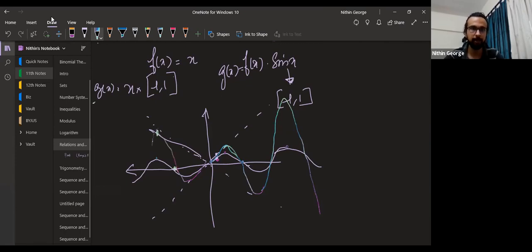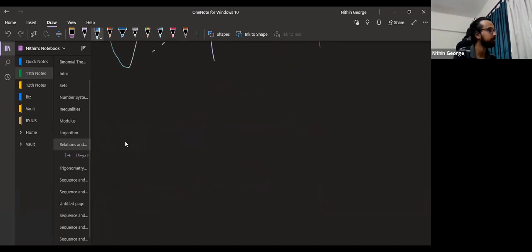And then at 0, again, it will be 0. At -1, what will happen? It will come to minus x. So, you can see that y equal to x and y equal to minus x act as an envelope. It contains the function here. Would you be able to draw a graph if you get a function like this? If you have some simple function multiplied by sin x, you should be able to draw the graph. All right. So now let's just continue.